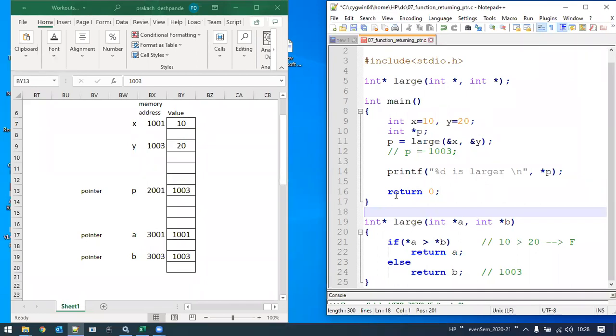In the same way, in a particular C program, if we write user-defined functions like this, when I write a user-defined function, this user-defined function will also require a certain memory block. It also requires certain memory to be stored. If it requires memory, that means there can definitely be a memory address.